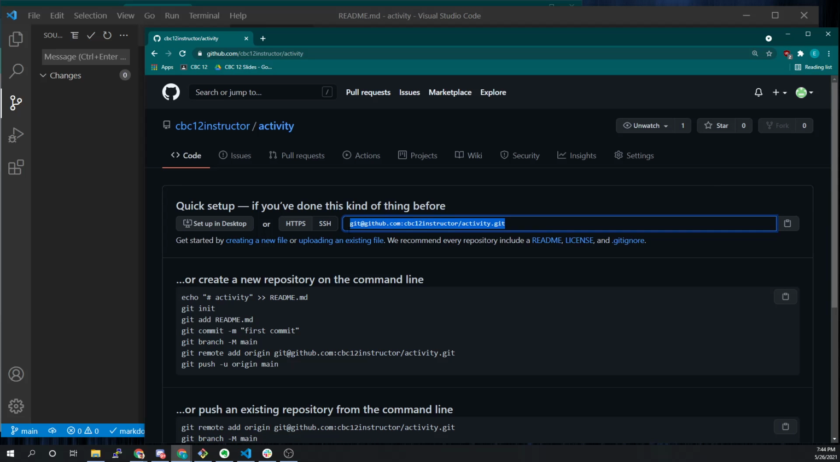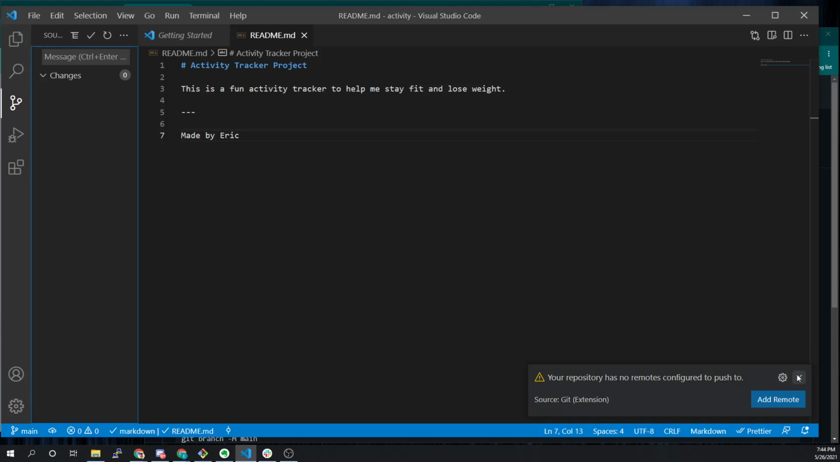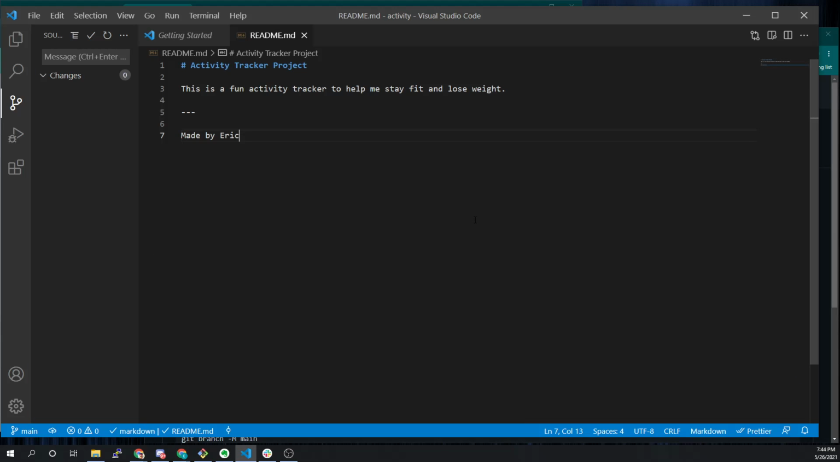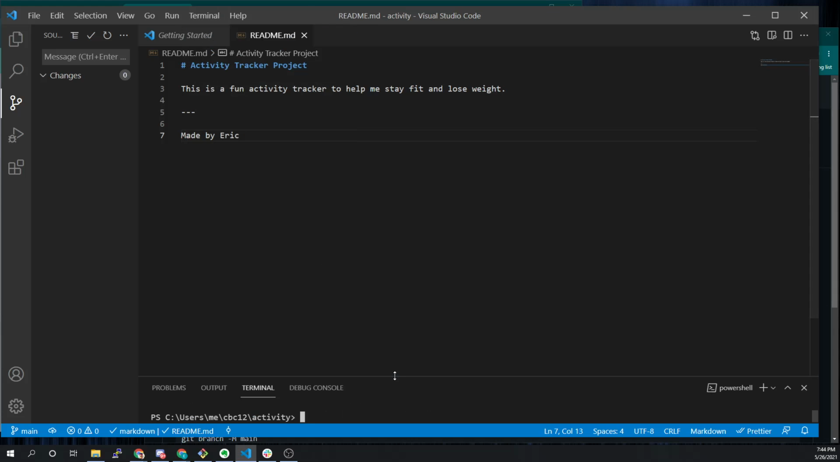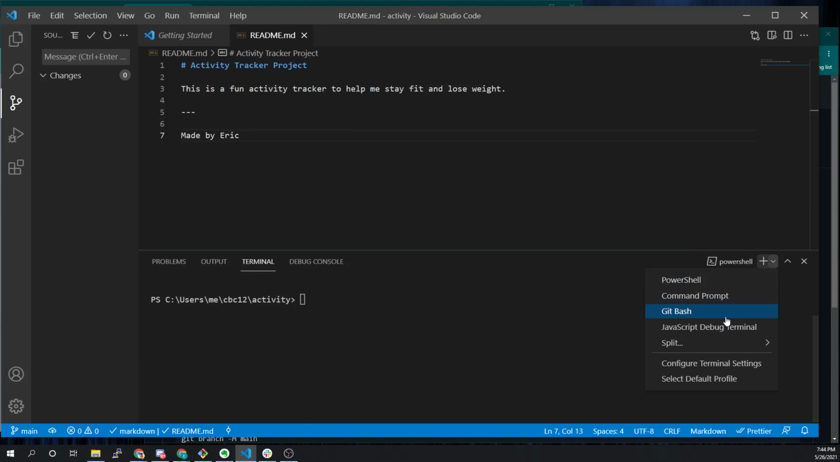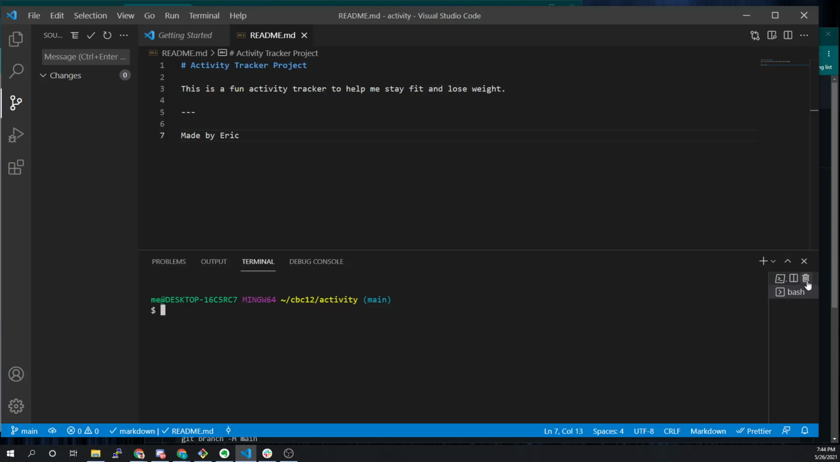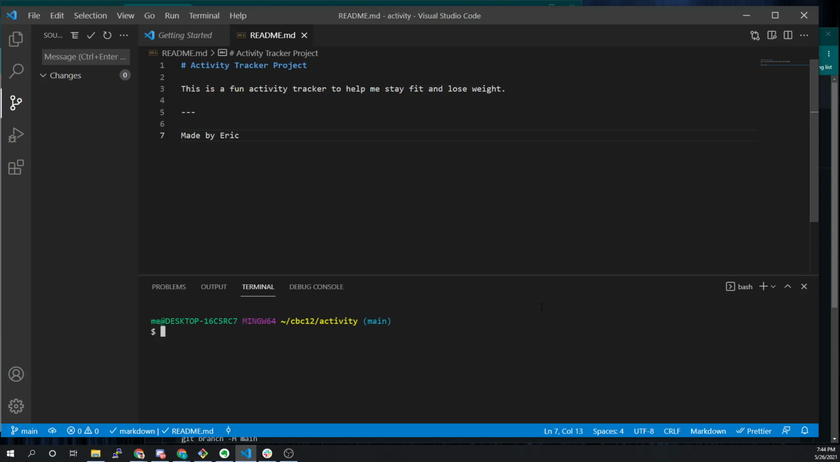I'm going to grab this SSH information right here, right? And I want to work inside the terminal that exists inside of my browser. So I'm going to click New Terminal. By default, it's still creating the old PowerShell, so I'm going to click Git Bash, and I'm going to close that PowerShell one. And I'm going to come in here and type, does anyone remember the command to add